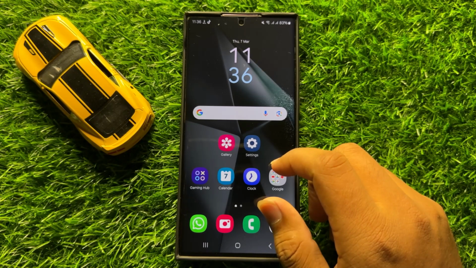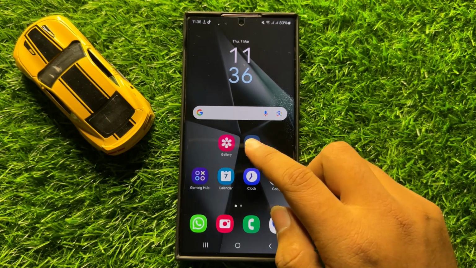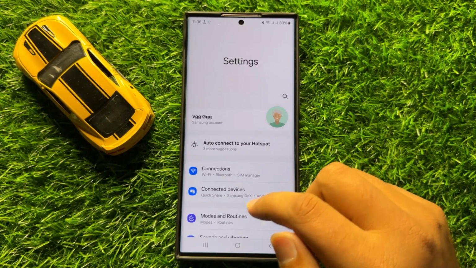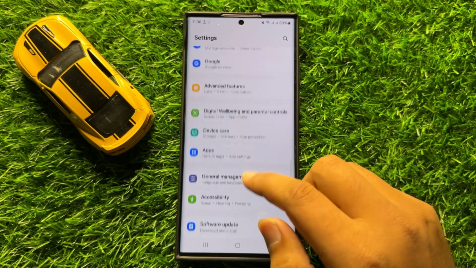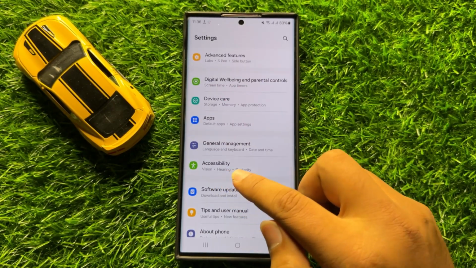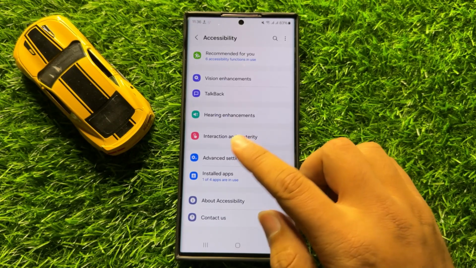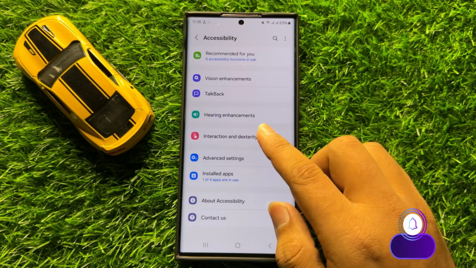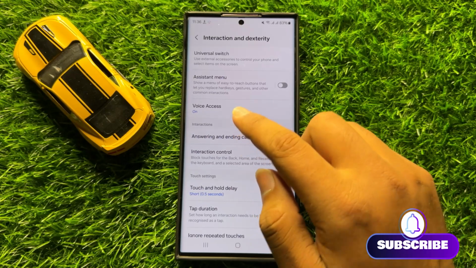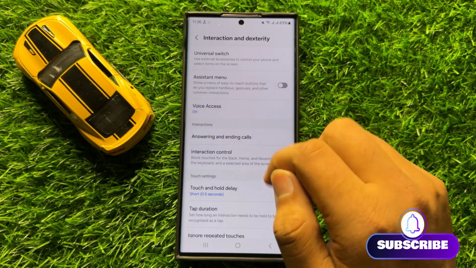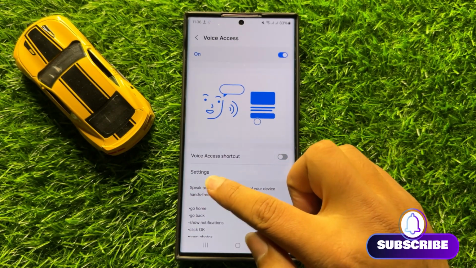So first of all, open settings. Now in settings, scroll down and here click on accessibility. Now here in accessibility, click on interaction and dexterity and then click on voice access. Now here click on settings